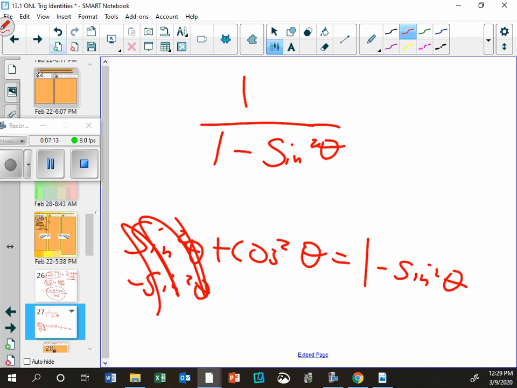Cosine squared. Oh, so you're saying that's really just cosine squared. And then it's 1 over cosine squared. And isn't there a fact on the sheet about that? What's 1 over cosine the same as? Secant. So that thing all simplifies down to secant. All right. But what if